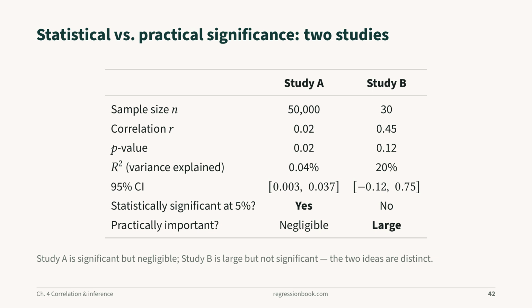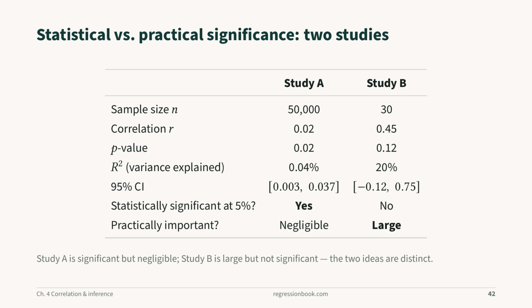The 2 studies in this table make the divorce complete. Study A. 50,000 observations, correlation 0.02, significant, explaining a negligible share of variance with a tight interval hugging zero. Study B, 30 observations, correlation 0.45, a fifth of the variance, yet not significant, its wide interval running from slightly